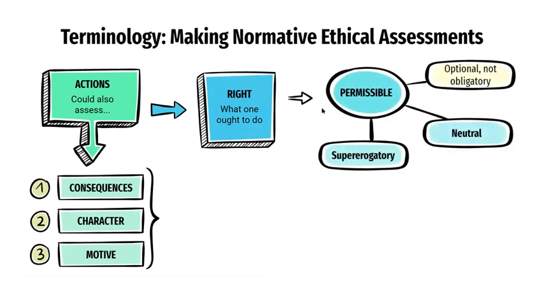And within that, we could even break this down further. Some actions are permissible. Some actions are neutral, right? So you might think that it's morally permissible for me to drive a gas-powered car. Maybe you think it's morally impermissible. Maybe you think it's optional, it's not obligatory. Maybe it's neutral. Some people think it's morally impermissible for me to eat animals, or to use plastics, right? So we can make further distinctions about actions as being permissible or not.